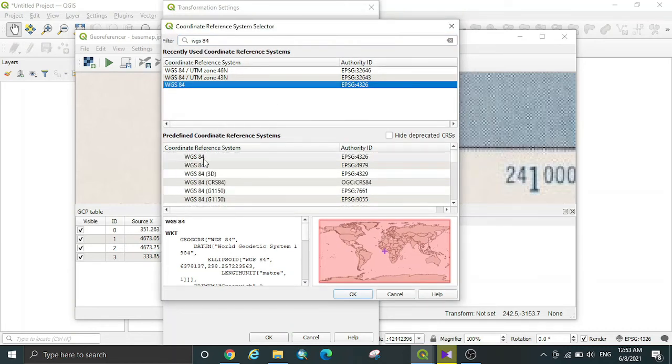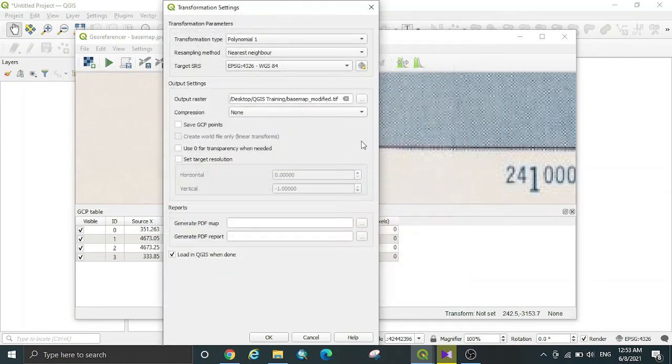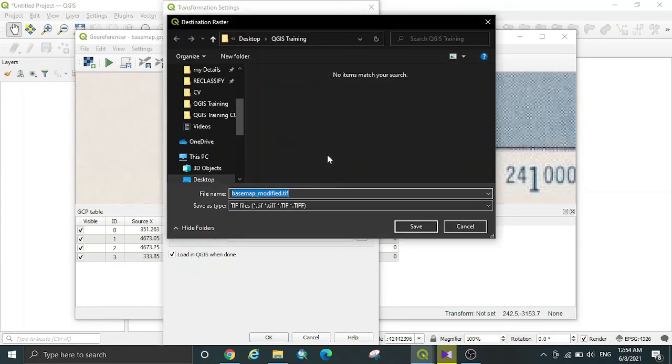Select WGS 84 EPSG 4326 followed by clicking OK. Now click on the browse icon to specify the output folder and file name. I will name the georeferenced topo sheet georef_topo and click on Save.